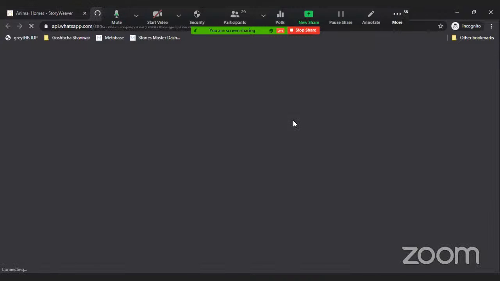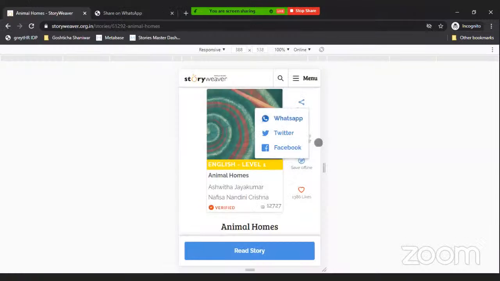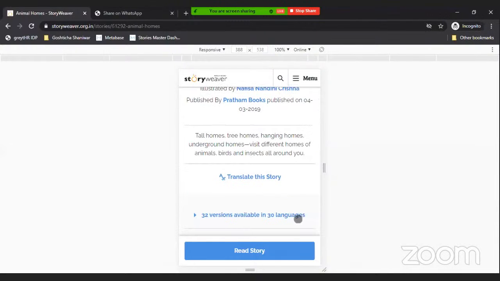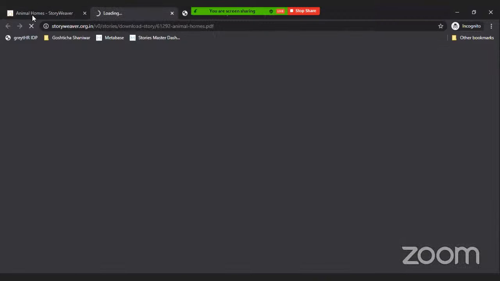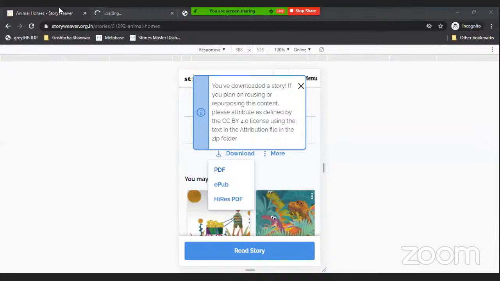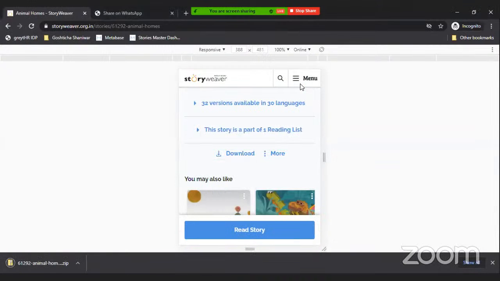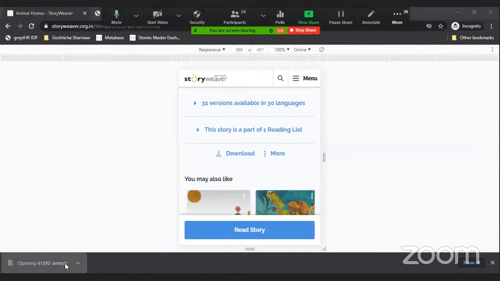So if I click on WhatsApp, my WhatsApp will open, and I can select and share the story. And here, when I go down, I can download it as a PDF. So if I want to print it out for my own reference, or I want to share it as a PDF to the parents via WhatsApp, or through any other Telegram groups that the teacher is part of, the teacher can do so. So if you see, the story has gotten downloaded here,